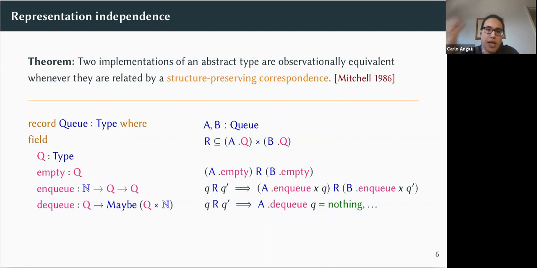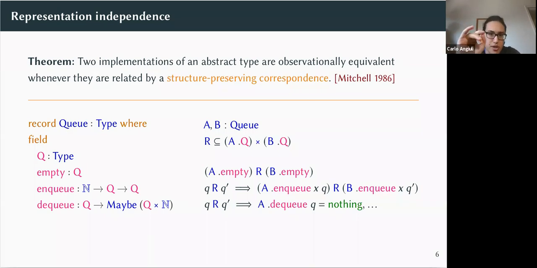So the way that representation independence is usually phrased is something like: we say that if we have two implementations of some interface, like the interface of queues, then they're interchangeable whenever there's a structure-preserving correspondence between those two implementations. And the details of these theorems differ slightly between programming languages, but just to give you an idea of what I mean, in this case, if we have two queues A and B,